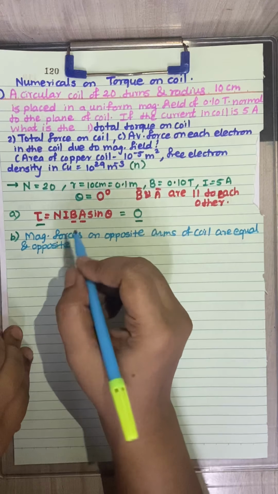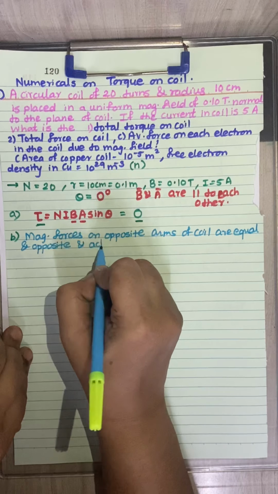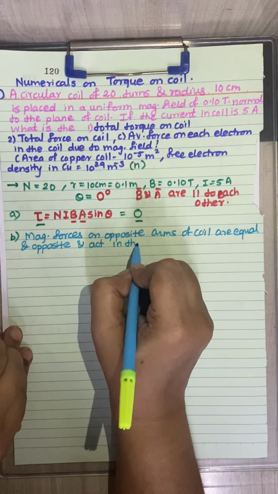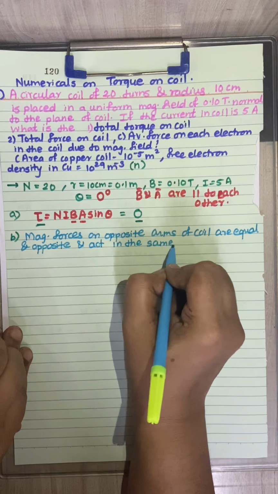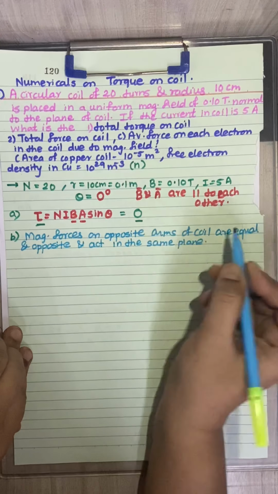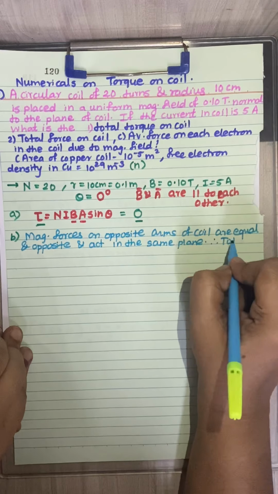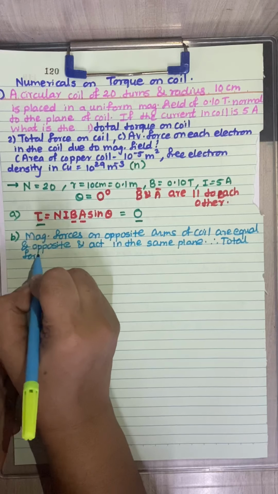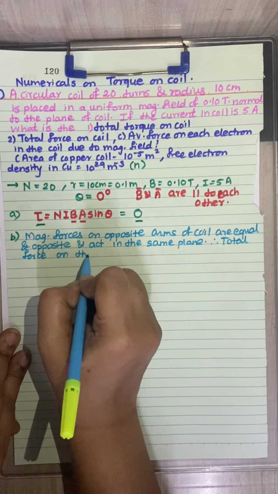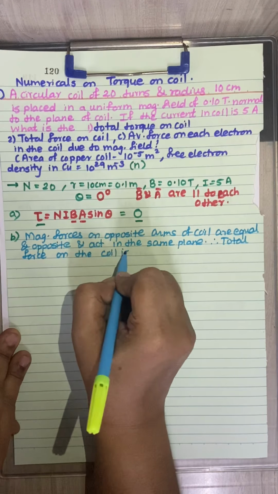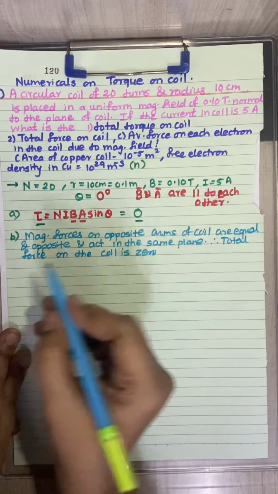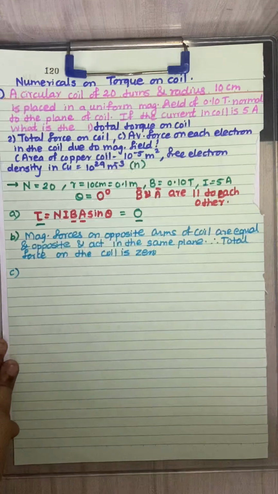Okay, equal and opposite, and act in the same plane. Therefore, the total force on the coil is 0. Okay, now the third portion we are going to consider, that is nothing but we have to find out